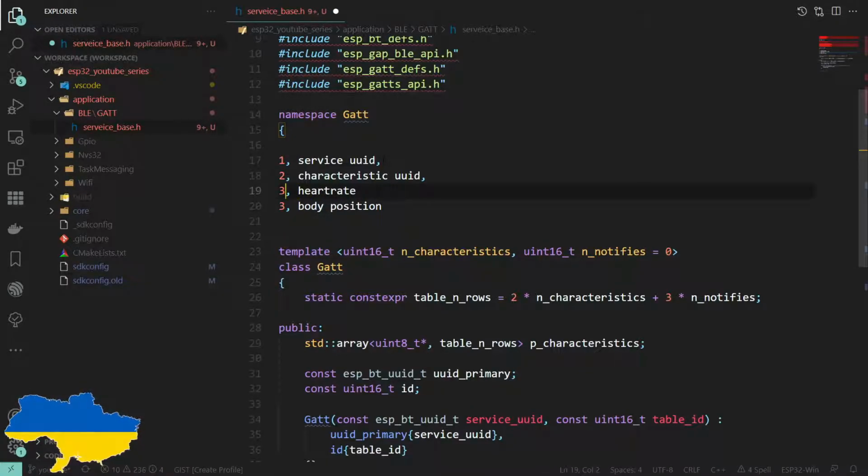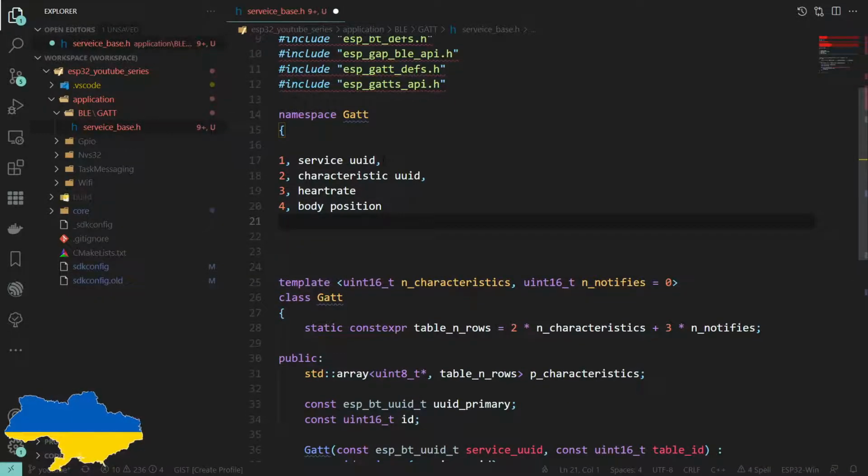But actually, let's say 3, this identifier here, means it's a notify rather than a characteristic, because we want our phone, for example, to be told when our heart rate changes. But we don't necessarily need to tell it when body position has changed, so this might be a different identifier here. You'll see where I'm going with this in a minute. Then we may have another characteristic within this service that is something completely different, say the device information. So this will be identifier 2 again, because this is another characteristic.